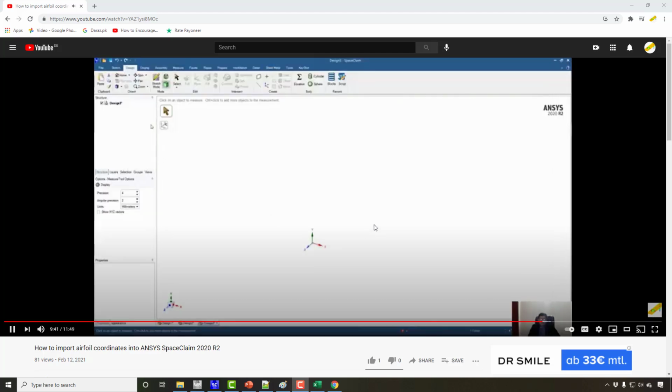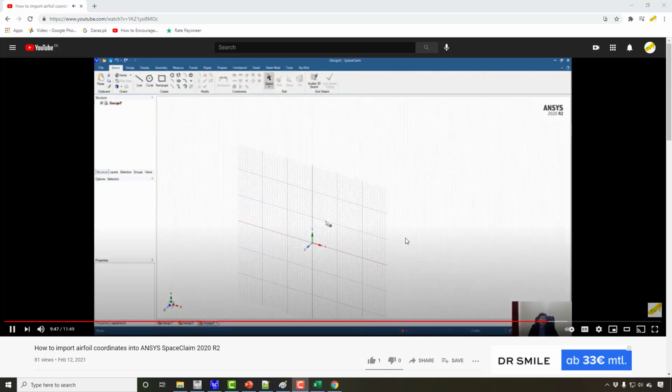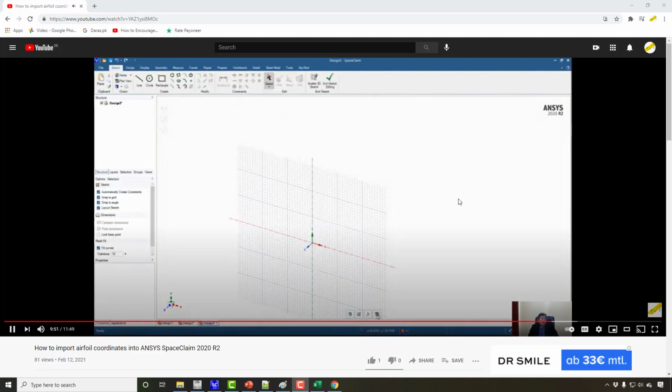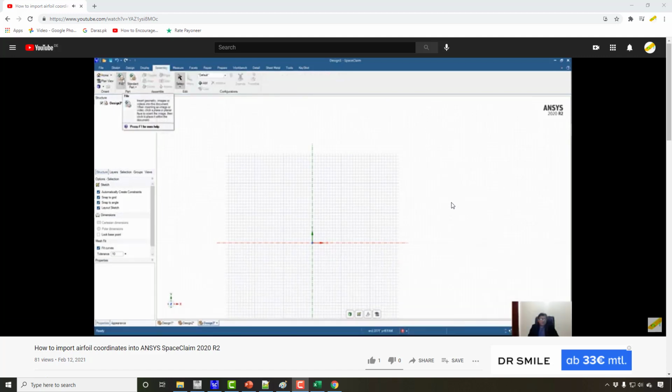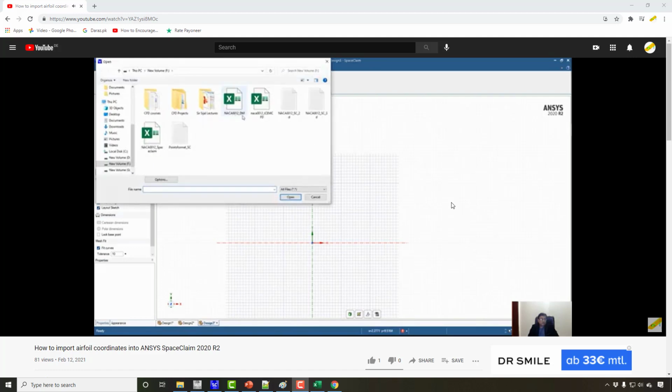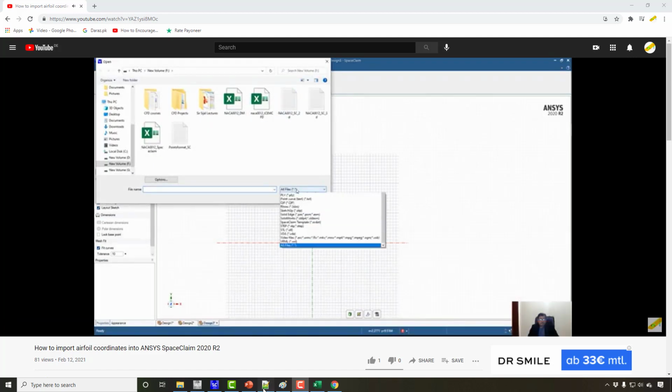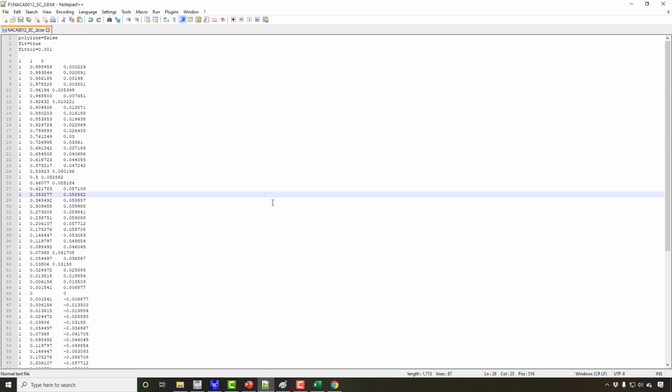We are going to make a 3D aerofoil in this video, based on the learning we had in the previous video, which is shown on the screen. Now you know how to arrange points or coordinates of an aerofoil or any curve in the file for SpaceClaim. And now I'm just going to make small changes in that file, which is the 2D file here.